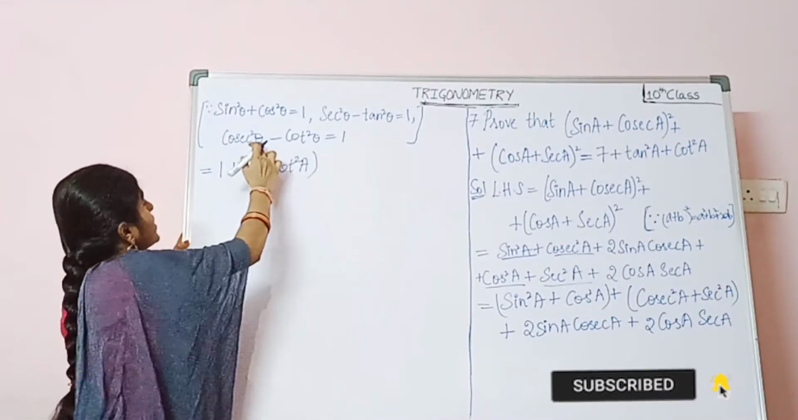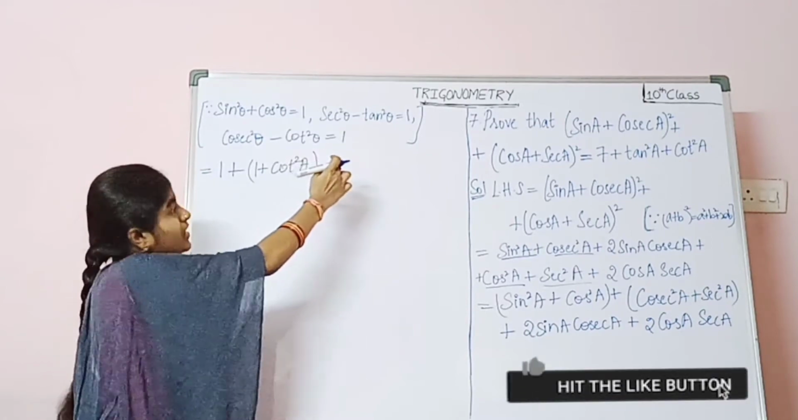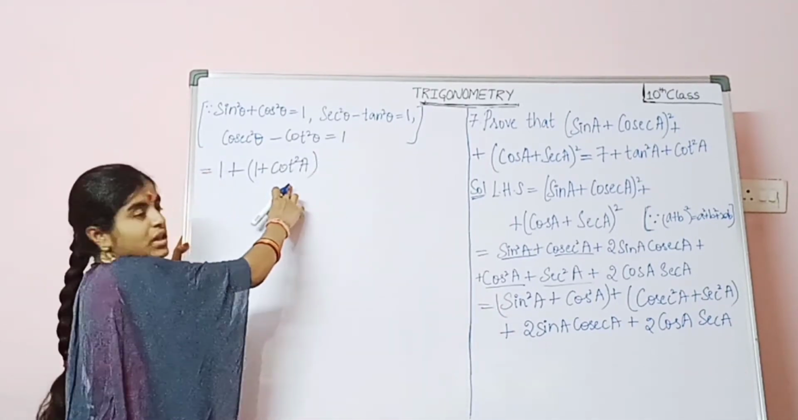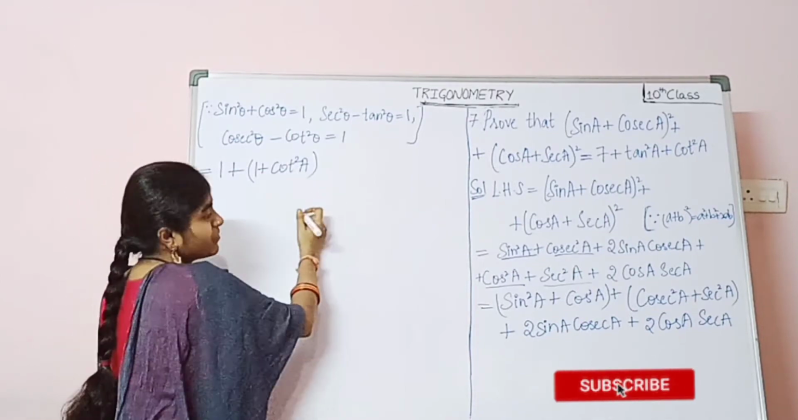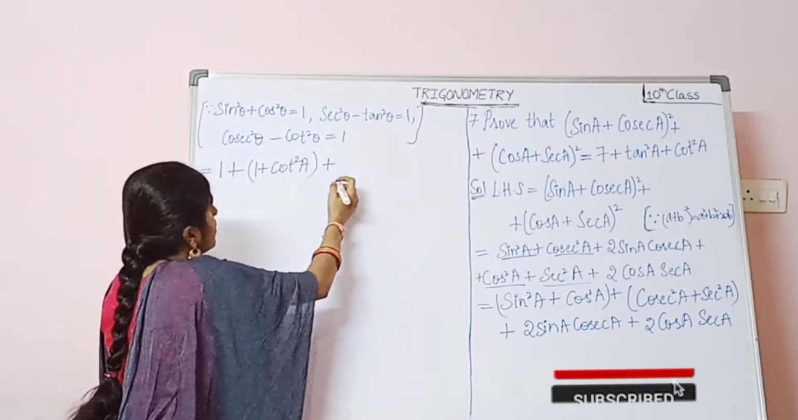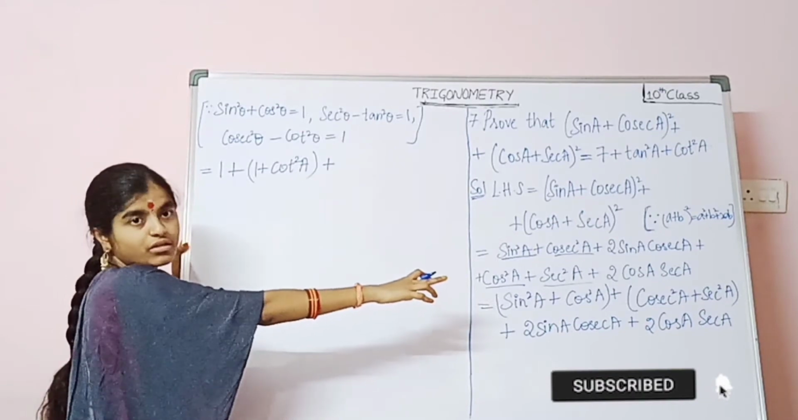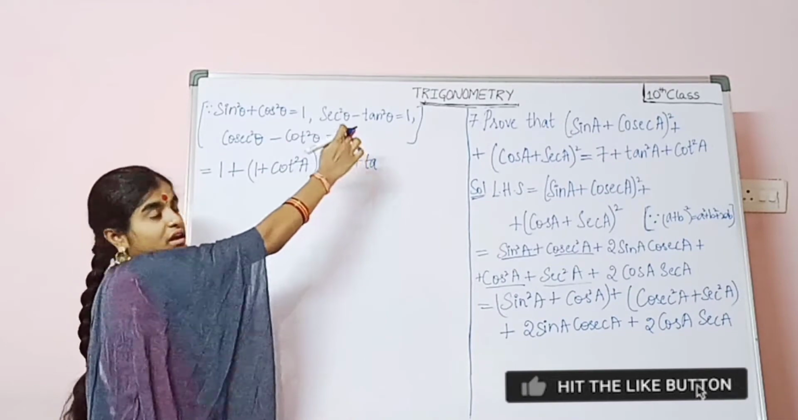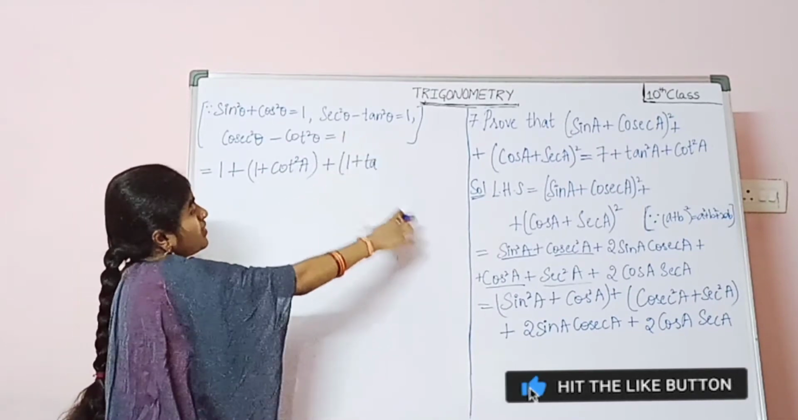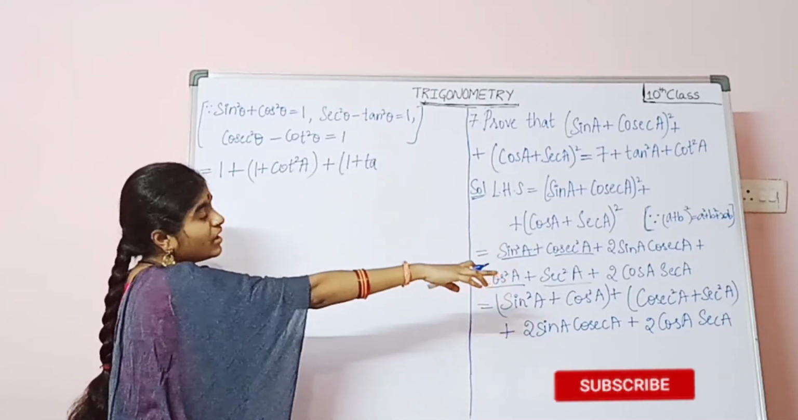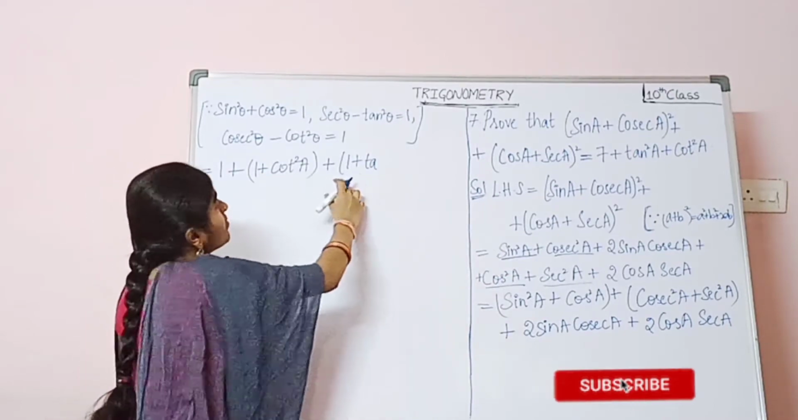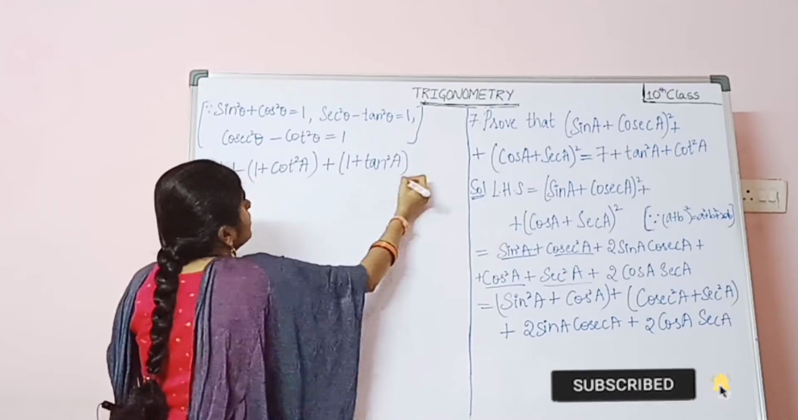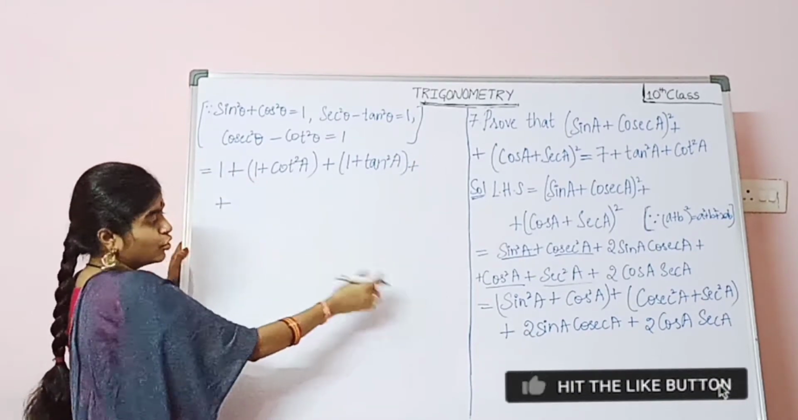From the identity cosecant square theta minus cot square theta equals 1, in the place of cosecant square A, what can we write here? 1 plus cot square A plus. Now in the place of secant square A, what can we write here? 1 plus, from the identity secant square theta minus tan square theta equals 1, in the place of secant square A we can write 1 plus tan square A